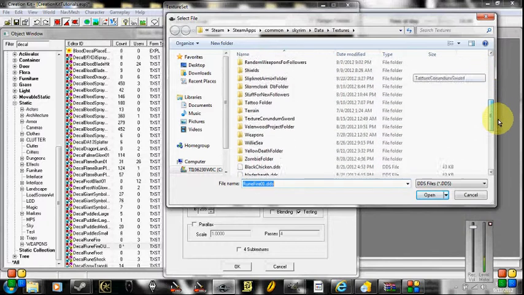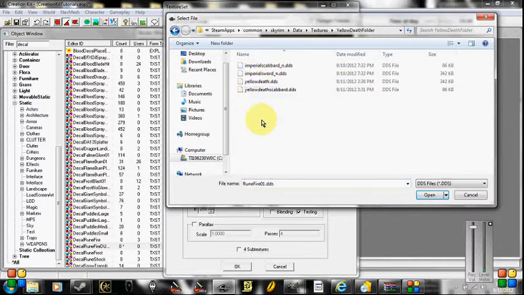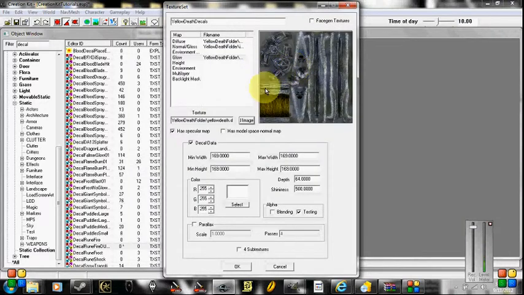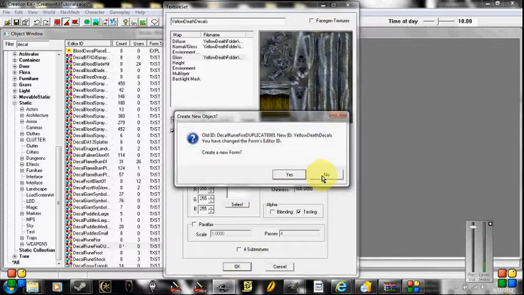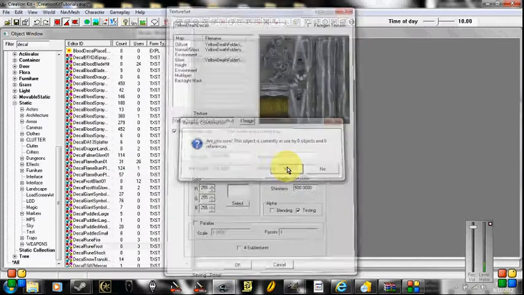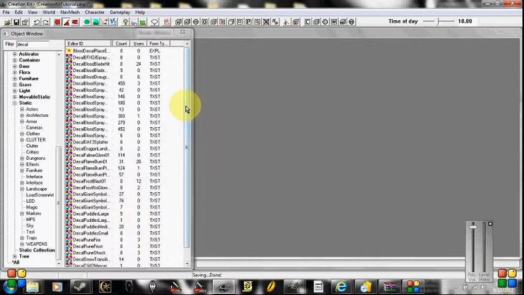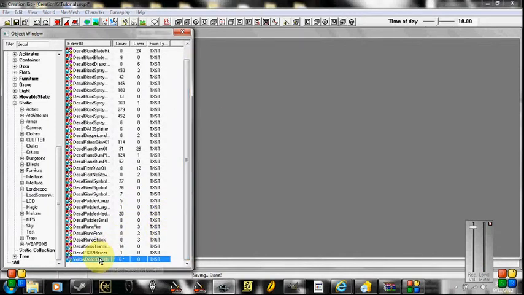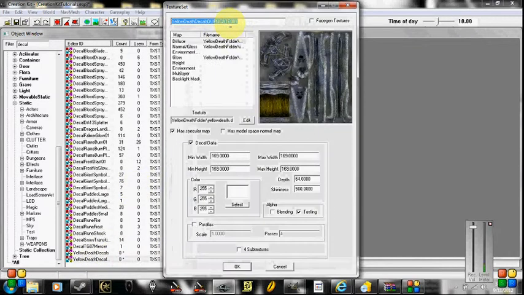And now the glow map. If your weapon doesn't have a glow, just use a regular weapon. If it does have a glow, use the glow. So we're done with Yellow Death decals. And now we want to duplicate that, rename it,